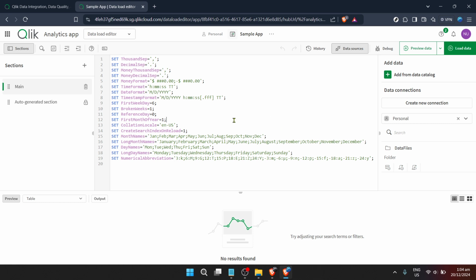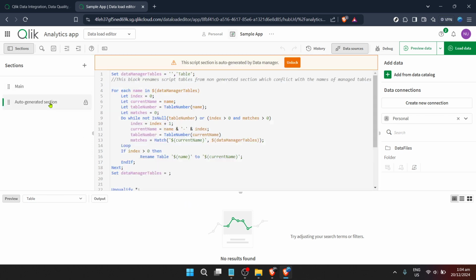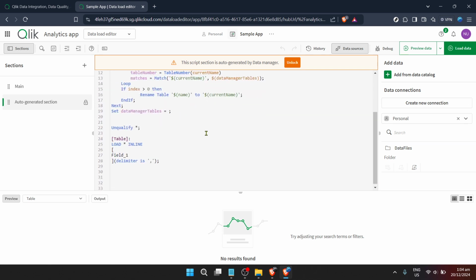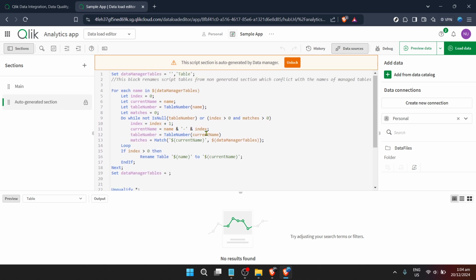To wrap up, saving your script outside of ClickSense can be beneficial for various reasons. Whether you're looking to share it with a colleague, save a backup, or simply review your logic outside the Qlik environment, exporting your script is a simple but valuable process. Today you've learned just how to do that, ensuring you're well on your way to becoming more proficient in managing your ClickSense apps and scripts.